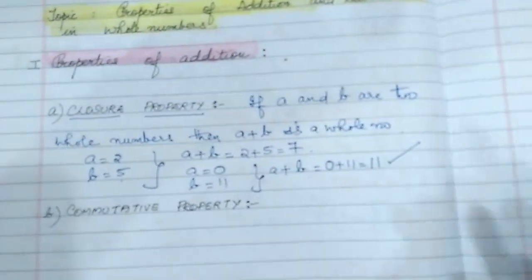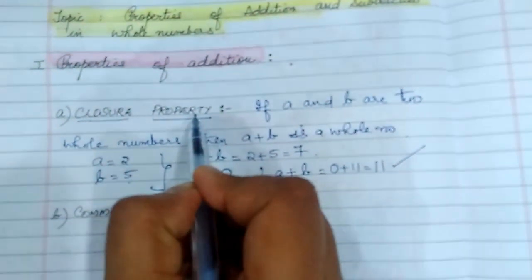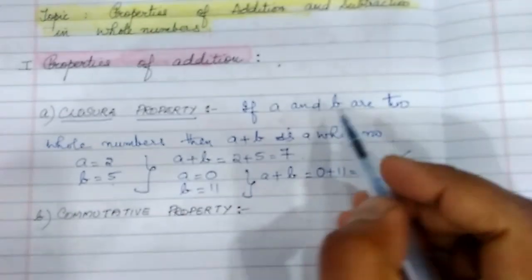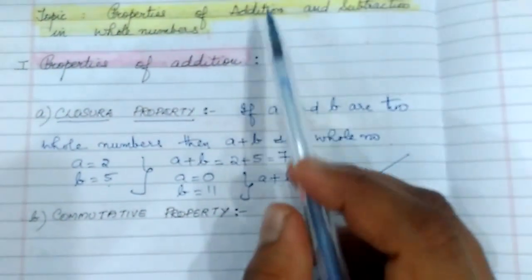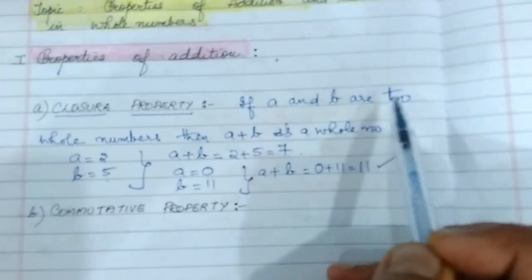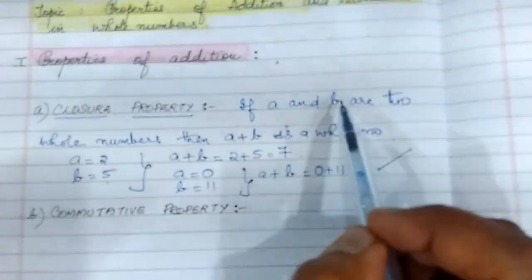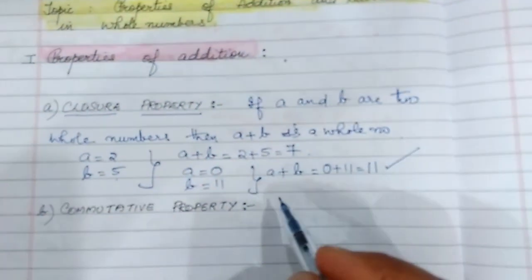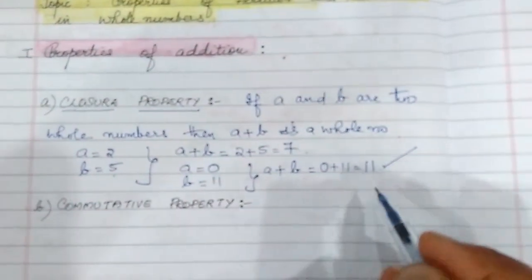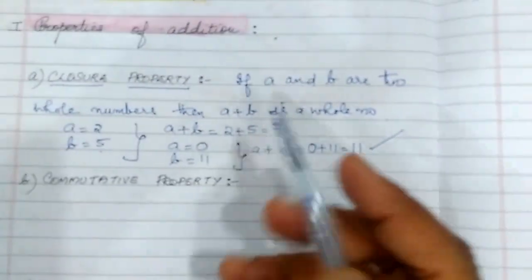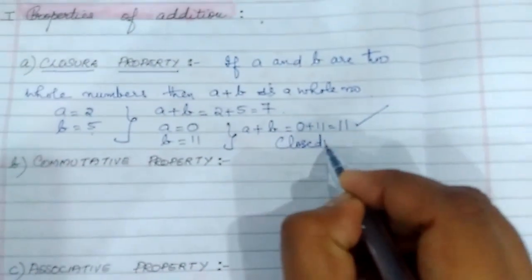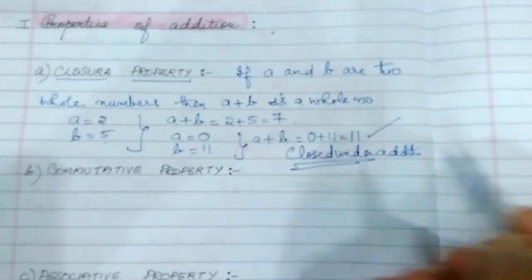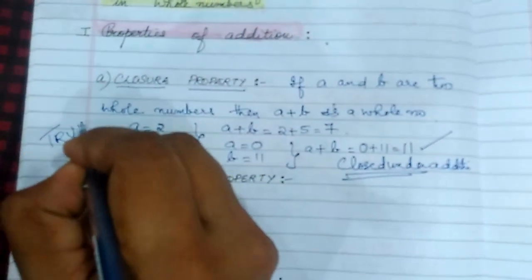Again a whole number. So what did you understand from closure property? Closure property means if you are considering whole numbers, okay. As you grow to the next section or next year, then you will learn the next integers, etc. Then it can be A and B as two integers. Here you are learning A and B are two whole numbers, then A plus B is a whole number. Okay, so it is closed under addition. Okay, the question can come, is it closed under addition? Then yes, it is closed under addition. That means closure property is true for addition.